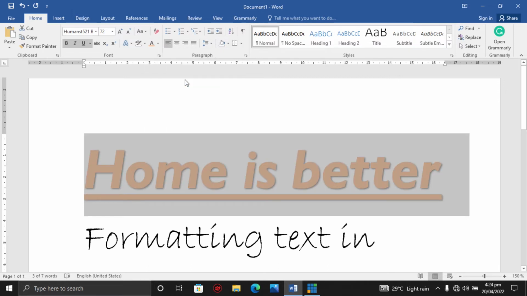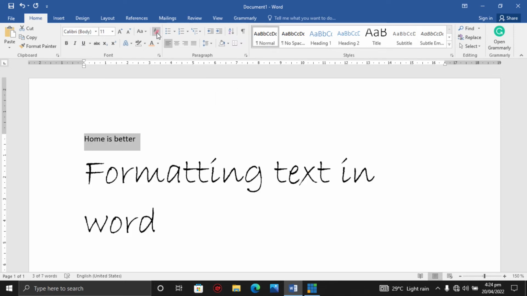When I click on clear all formatting, it clears all the edits that I applied to the home is better, and it goes back to the normal font size and how it should be. It clears the font family to the default font family, the text size to the default font size, and it takes everything back to default. That's what clear all formatting does.